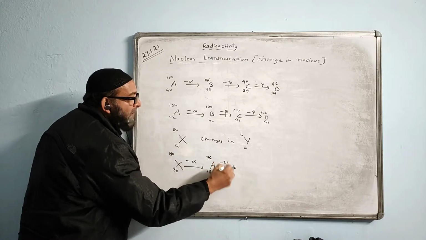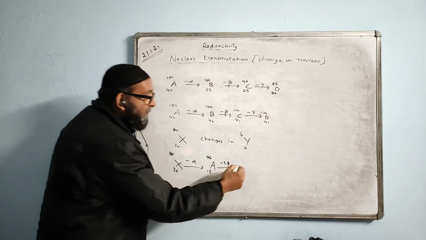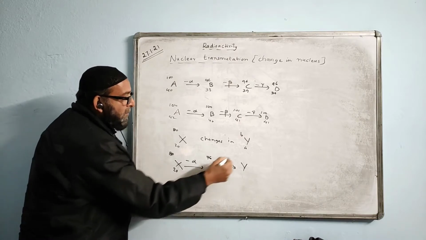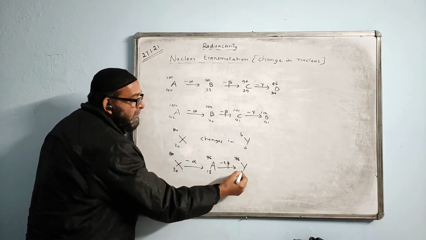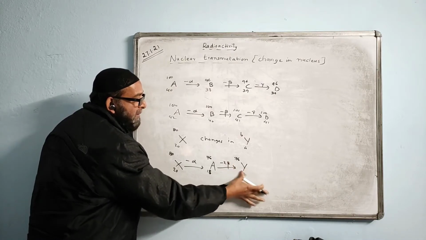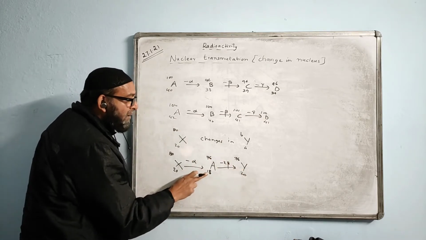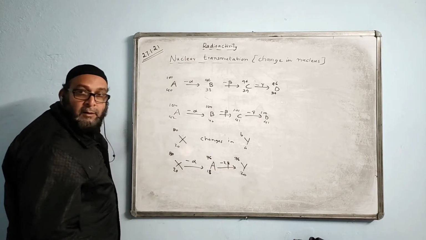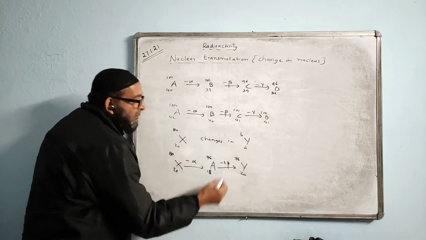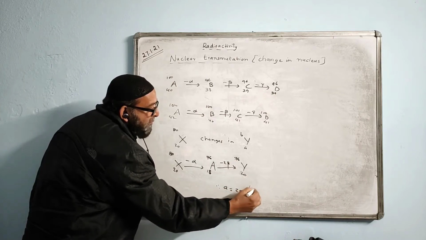This is followed by emission of 2 beta particles, right? So now tell me the answer. Now it is finally changing into Y. What is the value of A and B? This is 76. What does this become? No, this is 20, because 2 beta particles are there. So 1 beta particle increases the value by 1, and 2 beta particles will increase this value by 2. Then the answer will come 20 and 76. So what is the value of A? A is 20 and B is 76.